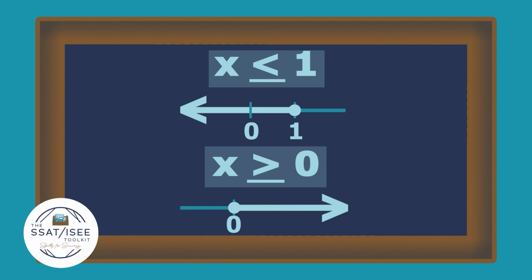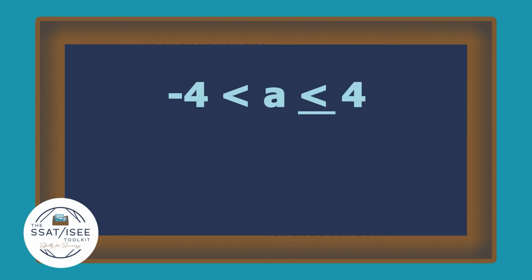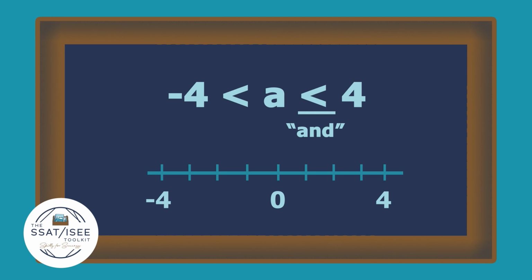proceeds to the right. The way that this equation is read is: a is greater than -4 and a is less than or equal to +4. When you are graphing an AND statement like this, you will have 2 points connected with the line. In this case, the -4 is an open dot because it isn't included, and the +4 has a closed dot because it is included. A falls in between those 2 points, so those 2 points are connected with a straight